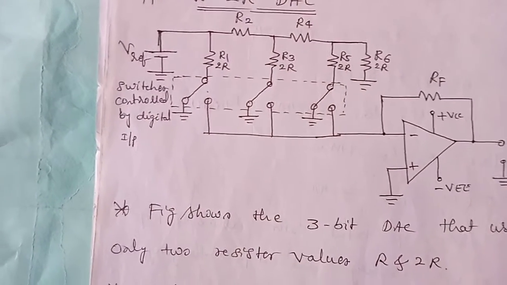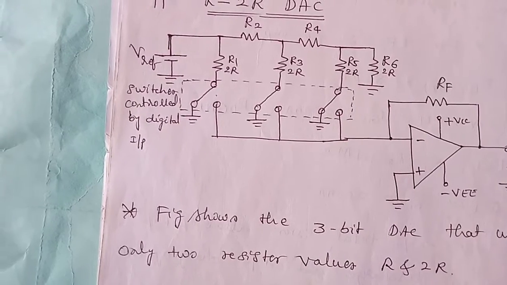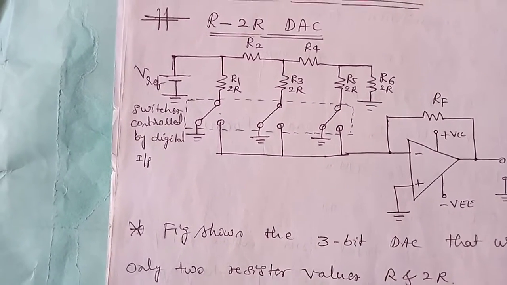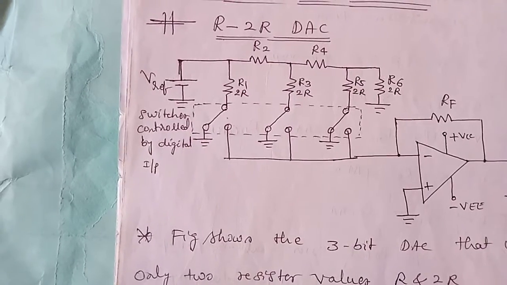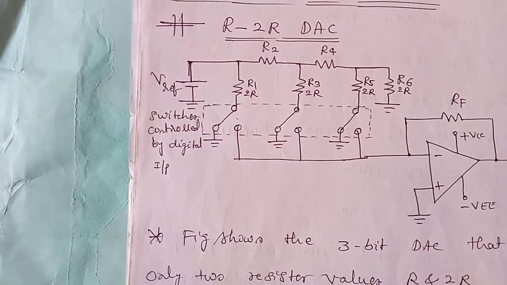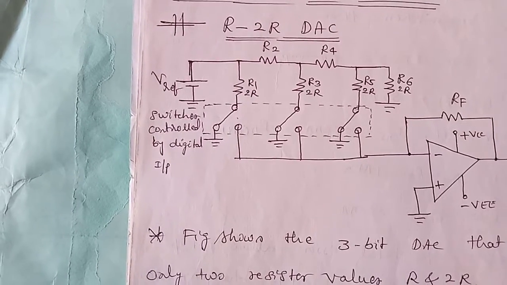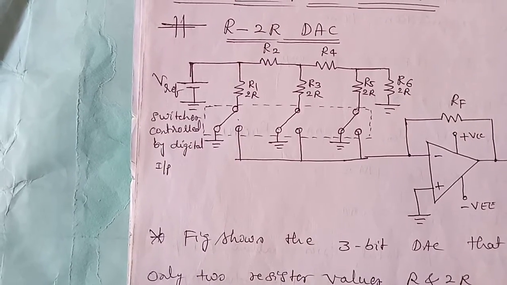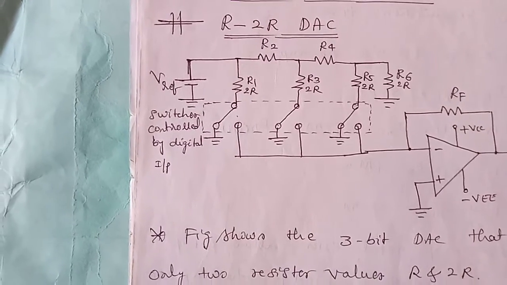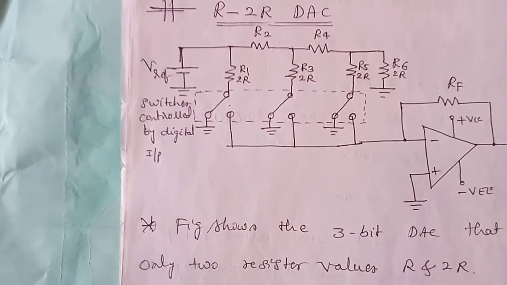The non-inverting input terminal will be grounded and the inverting input terminal will be connected to a set of 3 resistances and a switch controller. Here we are going to connect a reference voltage at the initial input stage, and to that a 3 parallel circuit will be connected: 2R, R, 2R, and then a 2R will be connected.